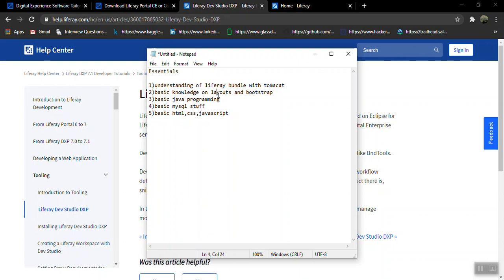Some basic Java programming is needed. We don't require much programming, as Liferay makes it easier and more accurate to build web portlets. Some MySQL and HTML, CSS are needed too. Not high end, basic is enough for now.